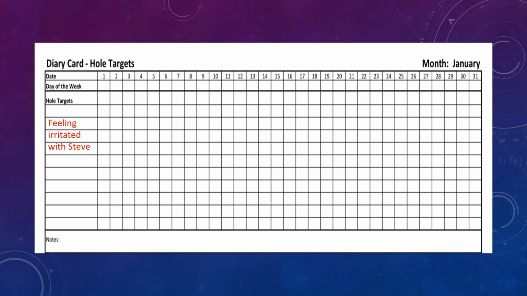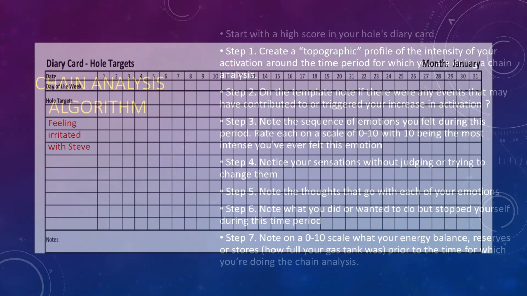This description of events gave her some ideas for possible intermediate targets for her hole's diary card. Conflicts with Steve was an obvious one. She wondered if there were others. Sam said that she often felt irritated and frustrated with Steve. Sometimes she also felt guilty, lonely, and sad. Replacing falling into a hole with feeling irritated with Steve made sense to Sam. Feeling irritated with her partners was a long-standing hole for Sam.